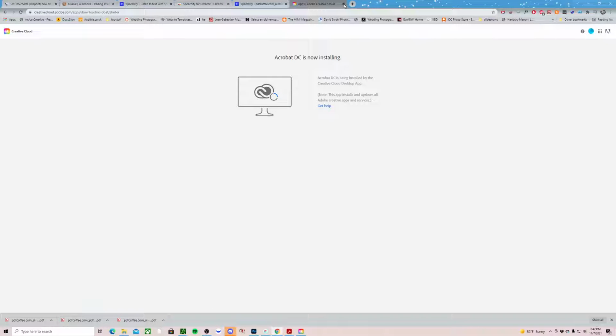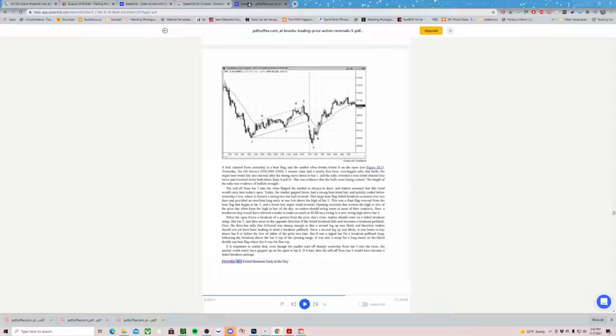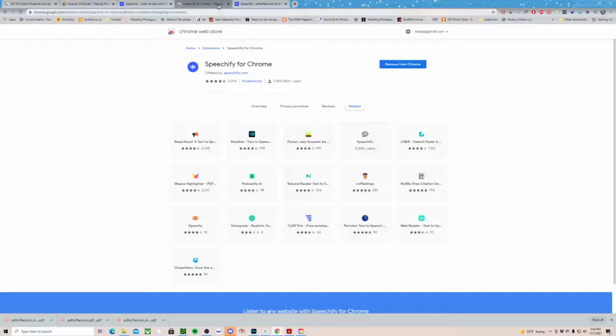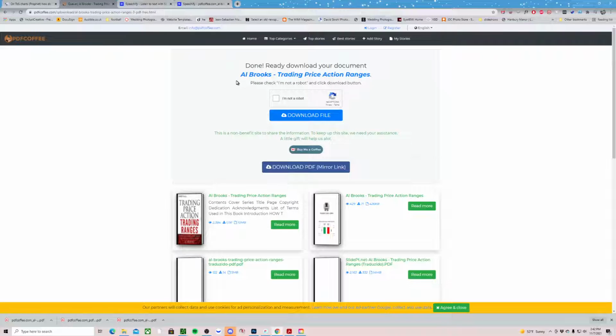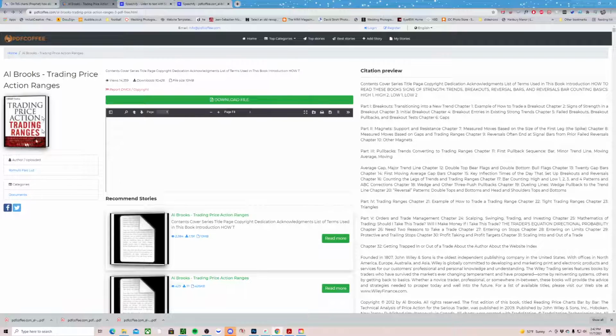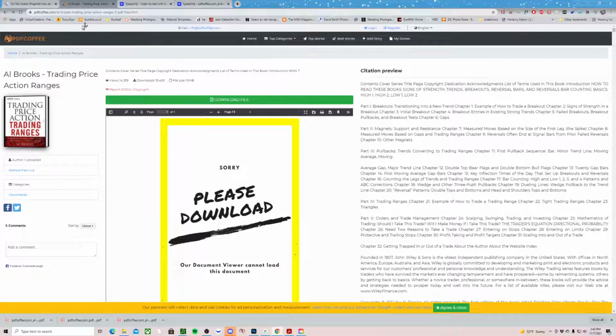I use Adobe, I use Speechify, I just don't want to lose the page I'm on, which is why I'm holding it this way. Not true. I have all three books, but he has one on, let's go,